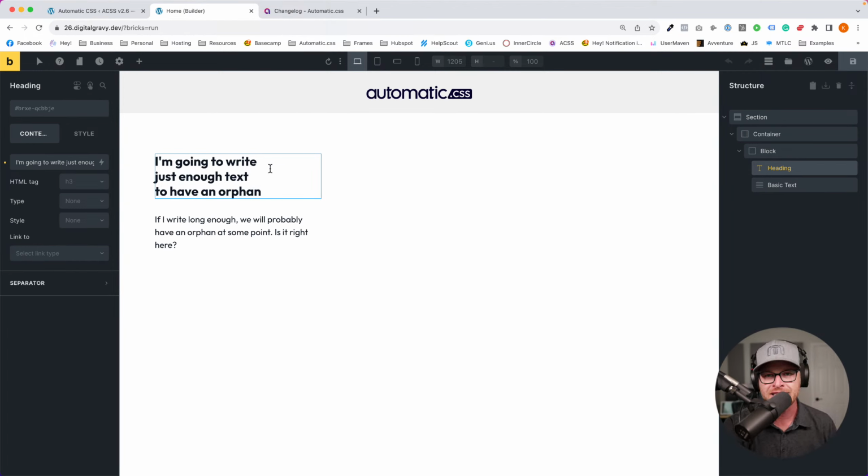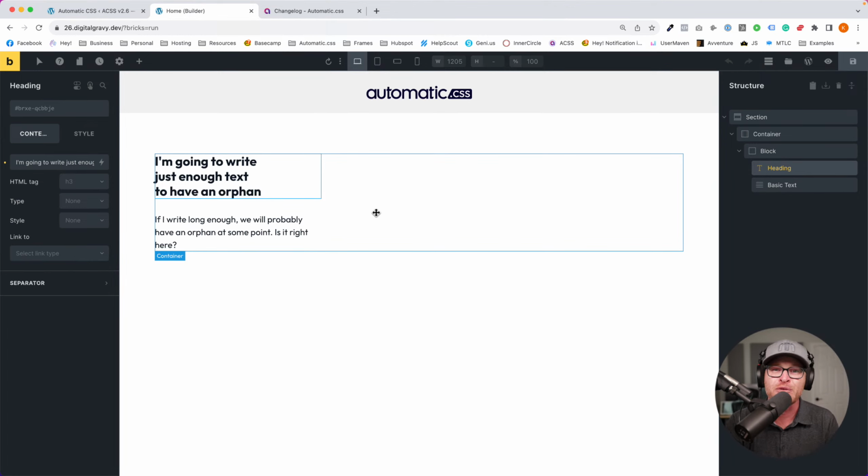There's two techniques that CSS has come out with. One of them is available, one of them is not. Text wrap balance is available, and that's what we're currently using to get rid of orphans. Text wrap pretty is coming. What text wrap balance does is it literally tries to balance the heading, so it tries to put the same amount of text on every line. That's a little heavy-handed. All I wanted was to get rid of the orphan, right? Text wrap pretty will just get rid of orphans. It's not as heavy-handed as text wrap balance.